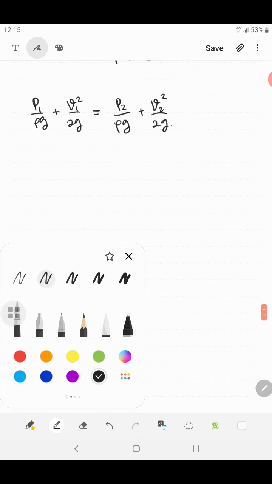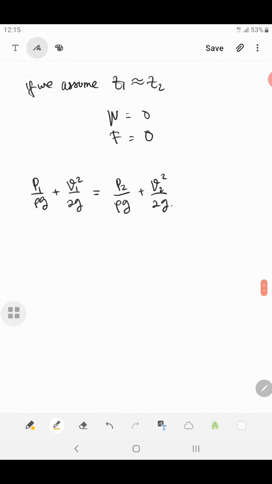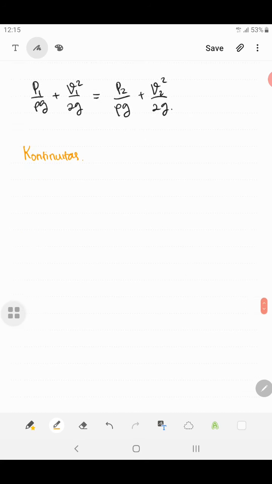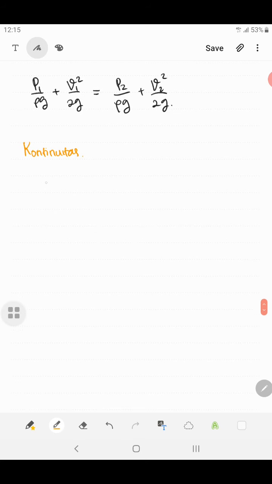And for the continuity equation, rho 1 times A1 times V1 is equal to rho 2 times A2 times V2,